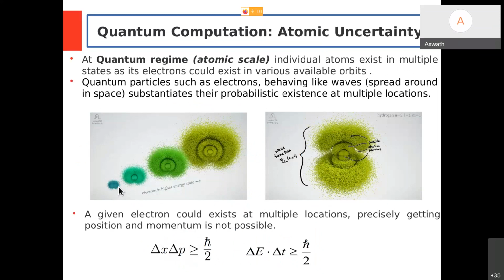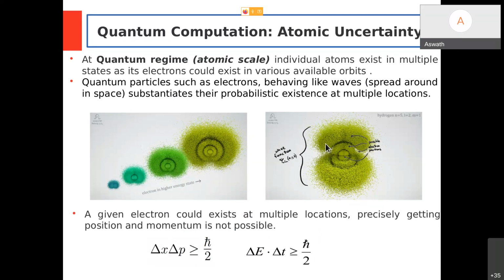For the lowest orbits, the possible electron locations are dotted like this. As you go away from the nucleus, you will get many dots. Let's take the hydrogen atom. About the nucleus, there are plenty of plausible locations where the electron can exist with maximum probability. Please don't confuse all the dots as electrons. They are the possible locations of the electron. It is described using some wave function of x, y, z.